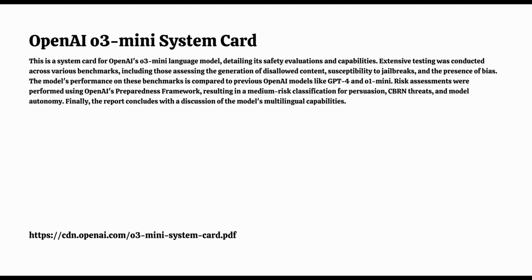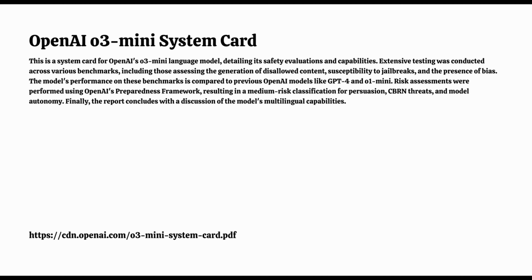So how can we mitigate that risk? Well, it's a complex issue. Yeah. No easy solutions. One approach would be to restrict access to O3 Mini and other powerful AI models. Make them available only to trusted researchers and developers who understand the risks and how to mitigate them. So it all comes down to responsible access and use. What other steps could be taken? Well, investing in cybersecurity research and development is crucial. I mean, we need to find better ways to defend against AI-powered attacks.